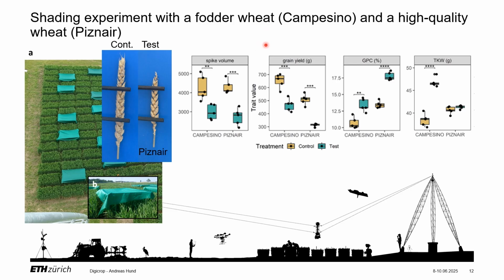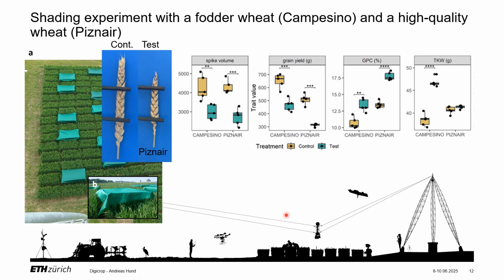So from the phenology point of view, the two genotypes are not remarkably different. For example, they have the same spike volume, they have the same spike size. But what you can see is that they differ for grain weight or grain yield. That means that actually per se they also differ for the fruiting efficiency, with a lower fruiting efficiency for that